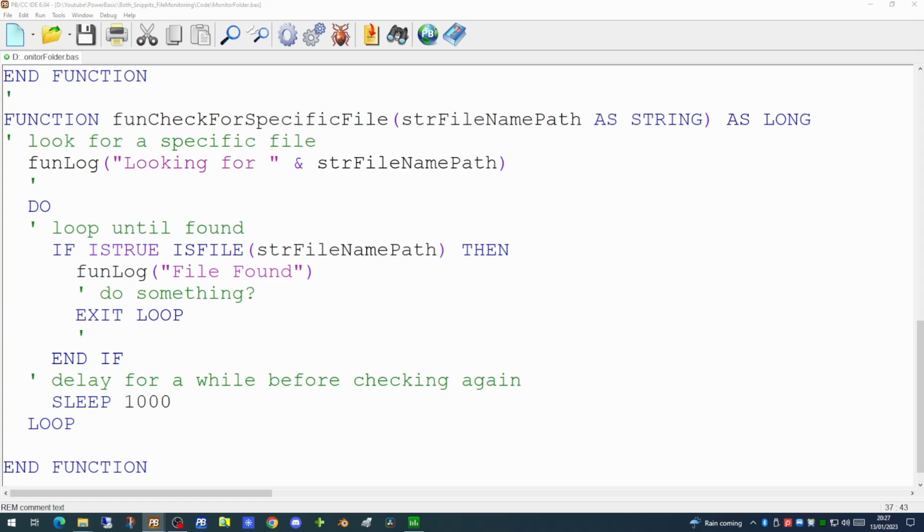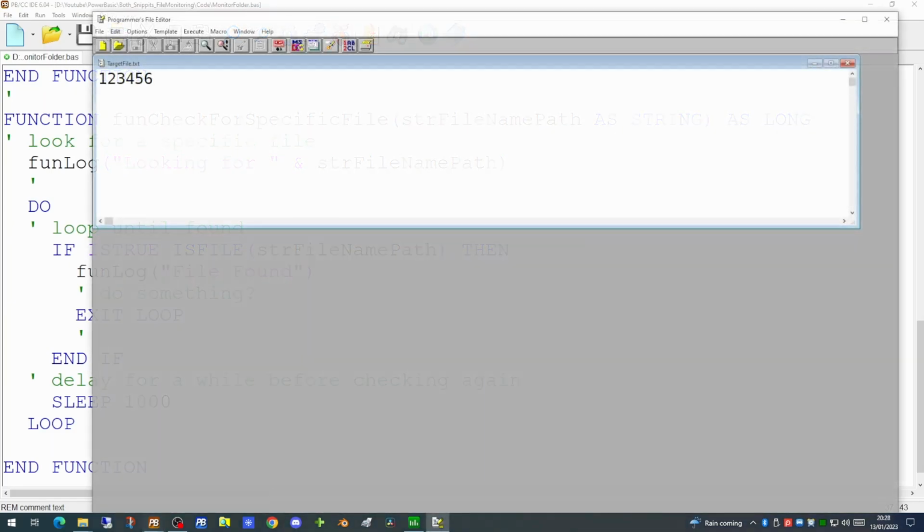So we need a mechanism by which we know that we've already dealt with the file. If the file is always going to be the same name, you can't depend on the file name. So is there another way of actually knowing that we have seen this file before? To do this, we would need to look at the content of the file. At the moment, our target file has only one line of data in it, of the numbers between 1 and 6. So we know what the content of the file actually is.